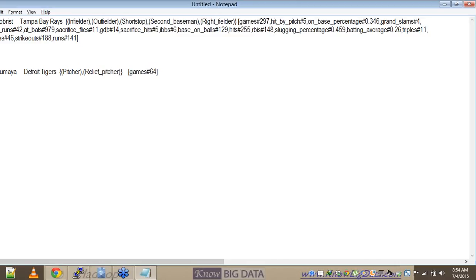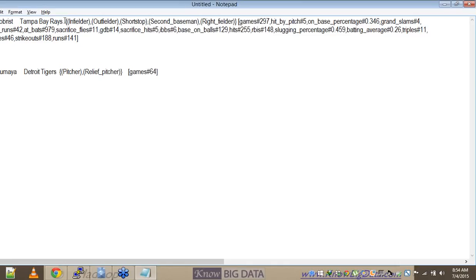So what does this file essentially contain? It contains the name of the player and then it contains, I think, the team for whom he plays. Then it contains what positions he can play in, so infielder, outfielder. I'm not a baseball fan, so I might be wrong in explaining the fields, but this is typically what it explains,